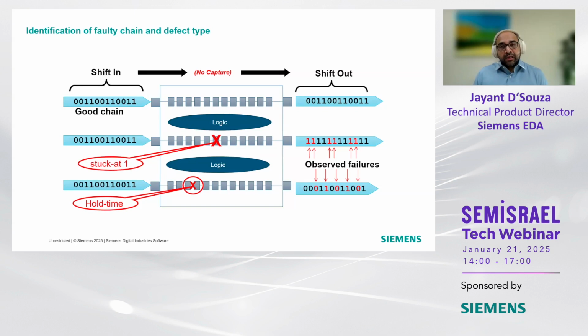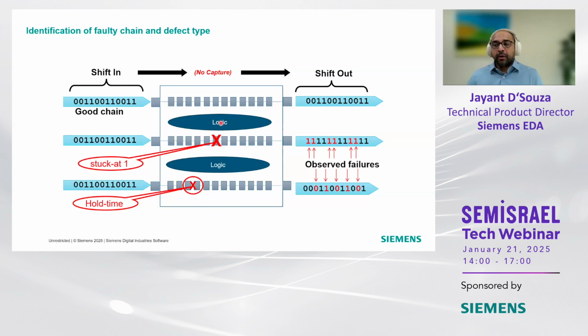So how does the simulation tool identify a failing chain and defect type? From the chain test, which has no capture, the tool can identify it based on the loaded values. You expect that when you load a certain sequence into the chains, you expect the same sequence to be shifted out if there was no capture, once you account for all the inversions and things like that